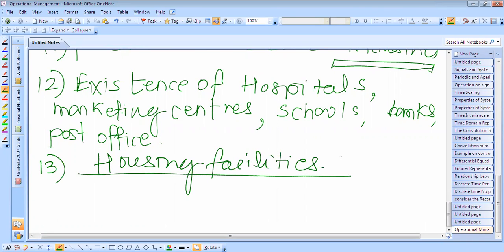If housing facilities are not there, then whether that region has some housing facilities for the workers, the managers and the engineers working in that plant. So whether the proper housing facilities are there or not, local bylaws, taxes, building ordinances, and securities,